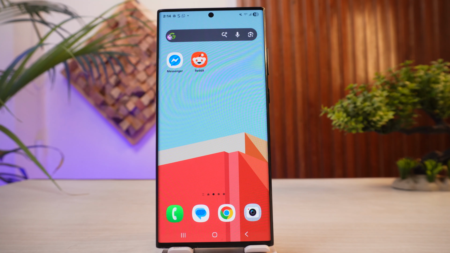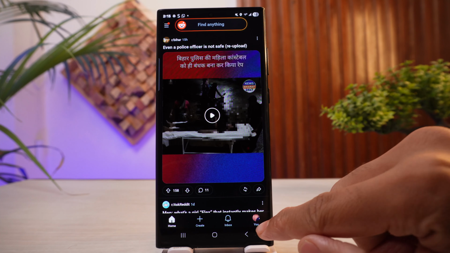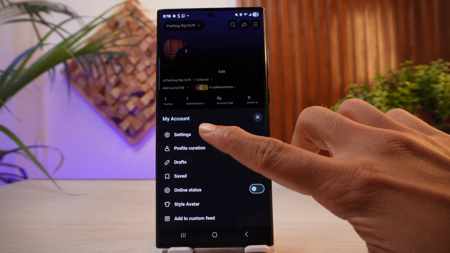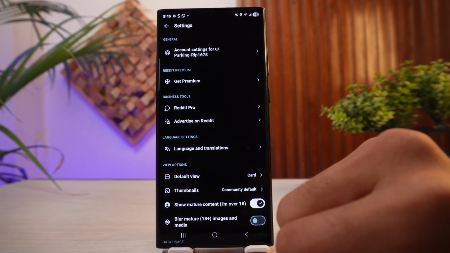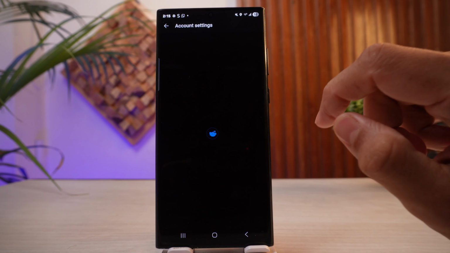And if you want to manage some posts and some data, you want to simply tap on the Reddit application first to open it. After that, you want to click on your profile over here, tap on three bars over here and tap on settings. Here you want to simply tap on account settings, and inside your account settings you'll be able to see